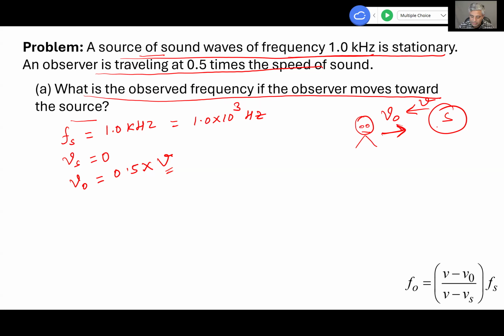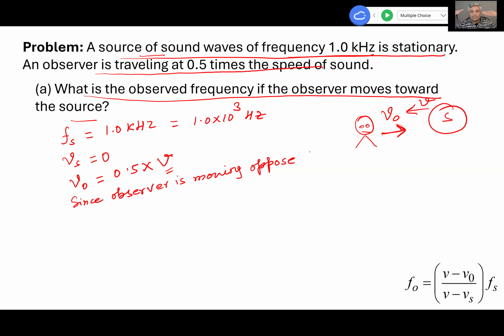They are in opposite directions. So what that means is the velocity of the observer, since the observer is moving opposite to the sound,